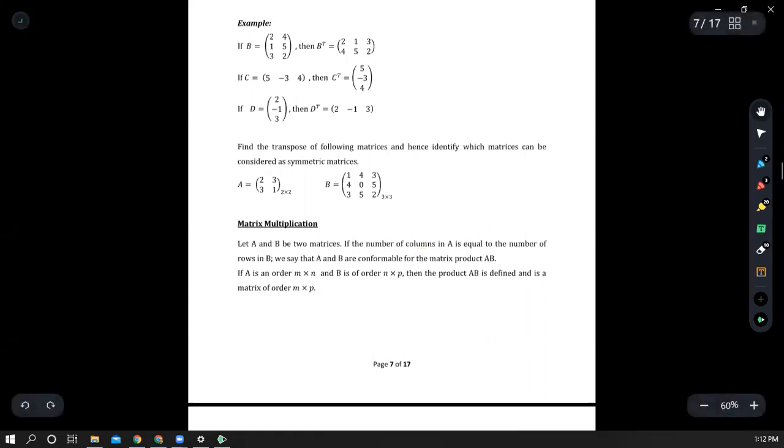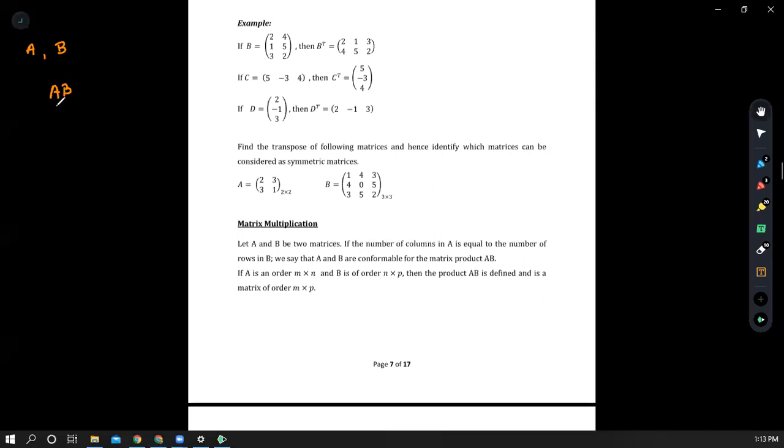Suppose you are given two matrices, one named matrix A and the next named matrix B. Suppose you need to take the multiplication of these two matrices, that is, if you need to find a value for the multiplication of matrix A with matrix B,